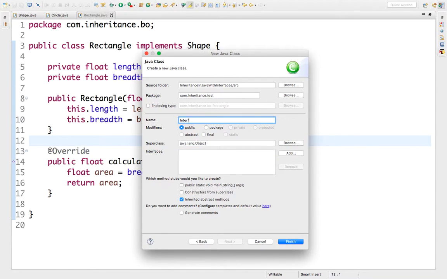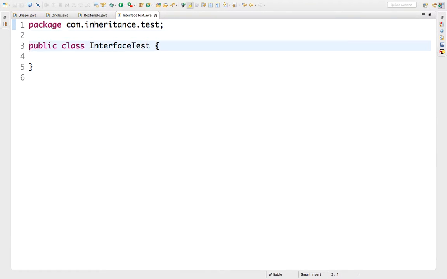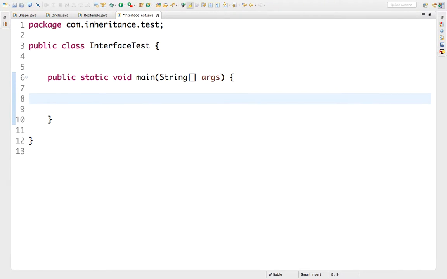I can call it interface test. Now this method is created. I'm going to create a main method. This is going to create the objects of circle. So this is how you create a circle object. Circle equals new Circle, and you are going to pass the radius like 1.1, 2.3, and this is going to